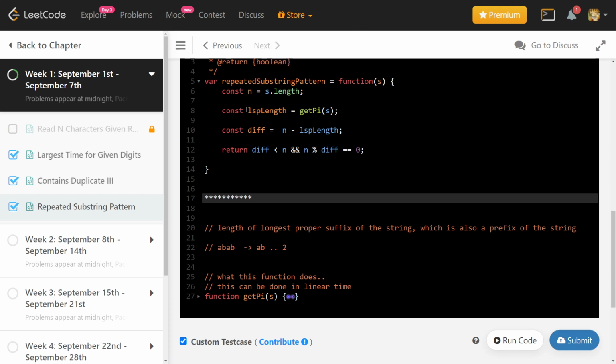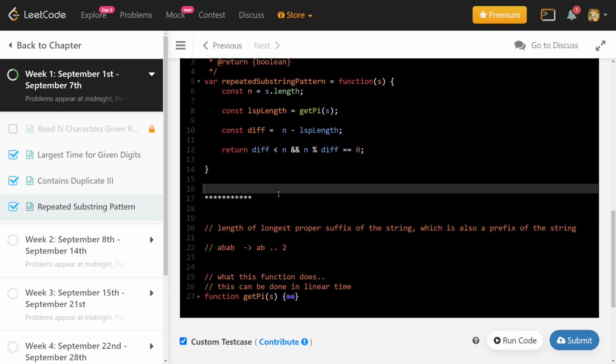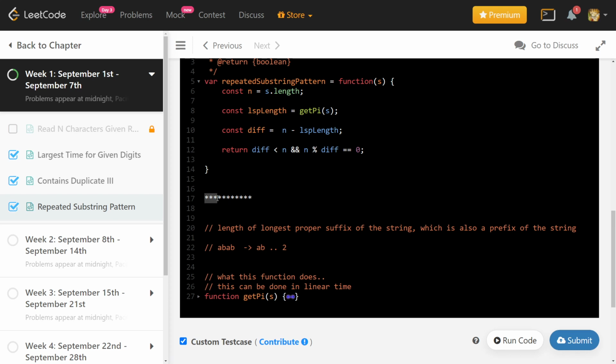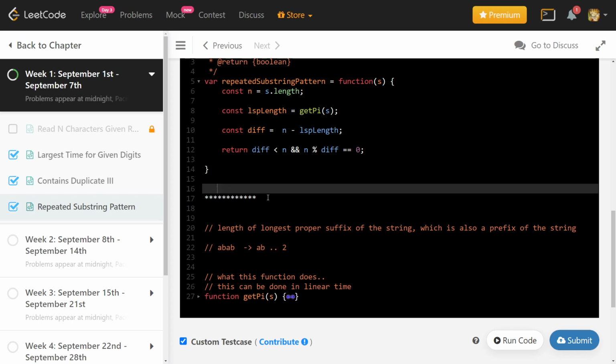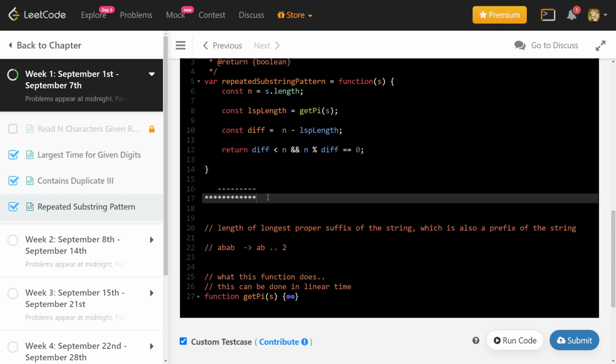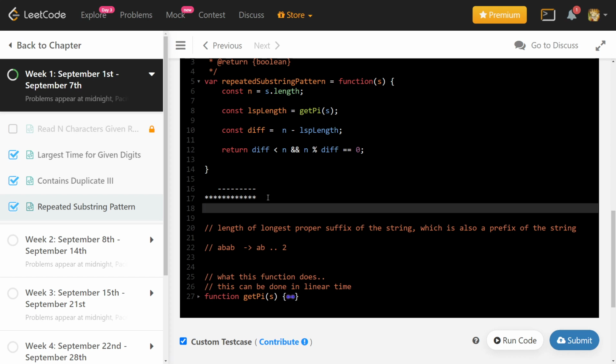So when I find out the LSP, it will give me some value like this. It will start somewhere. Let's say it is starting here. Okay, let me take a number which can be divided: 1, 2, 3, 4, 5, 6, 7, 8, 9, 10, 11, 12. Suppose in my case it came like this: 9, 2, 3, 4, 5, 6, 7, 8, 9. So suppose 9 was the case, and this is what I got, right?